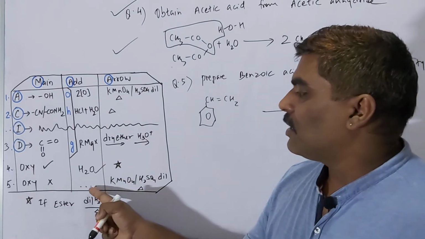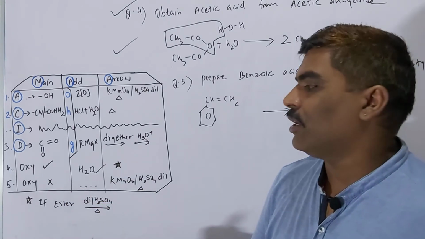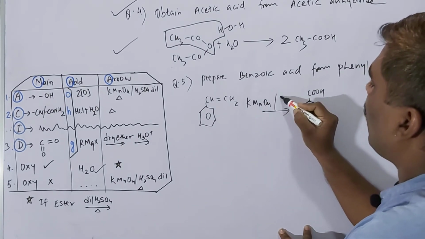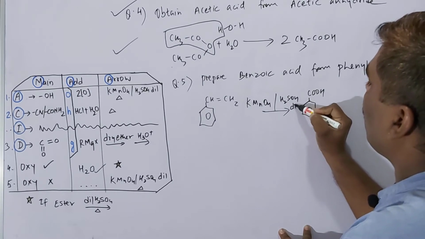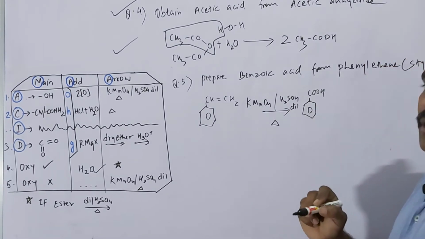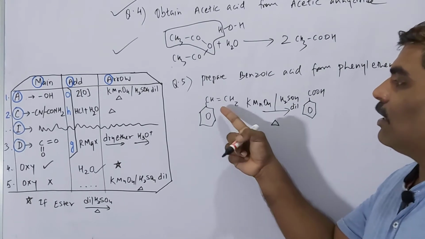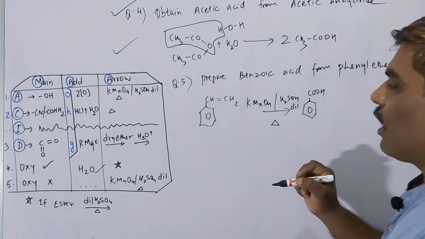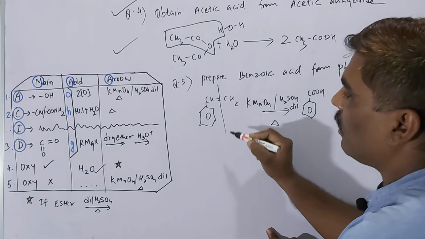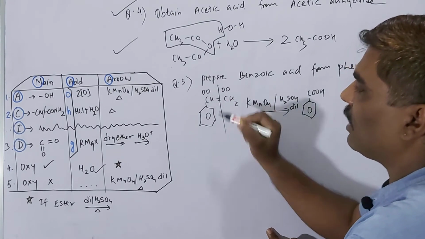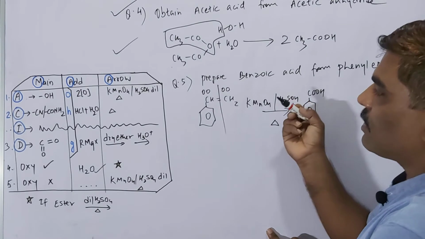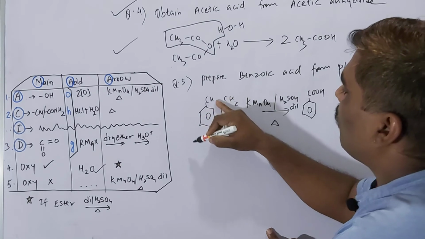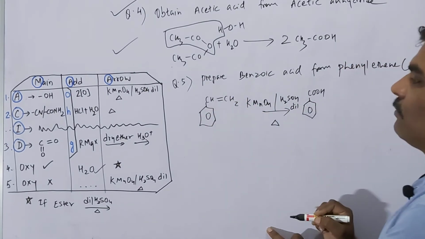So number 5 means addition, nothing I have shown here. Directly what we have to do is write KMnO4 and sulfuric acid, dilute and heat. What has actually happened? This undergoes oxidation. This is the oxidizing agent. Generally what happens is, this bond is broken and oxygen goes here, remaining oxygen on the other side. So we get CO2 and water. So only this much we'll write, no need to go for the further part of it.